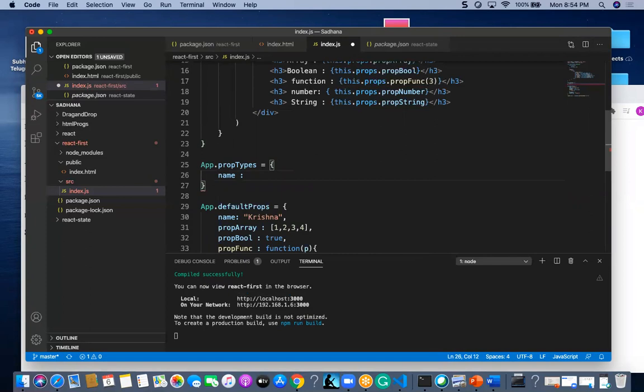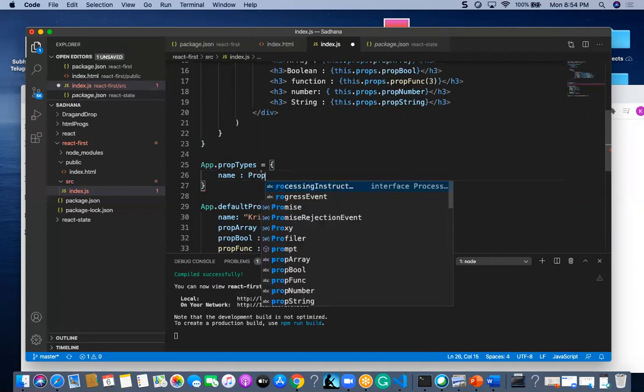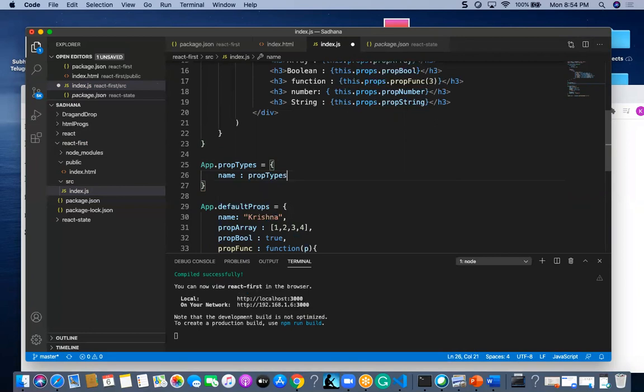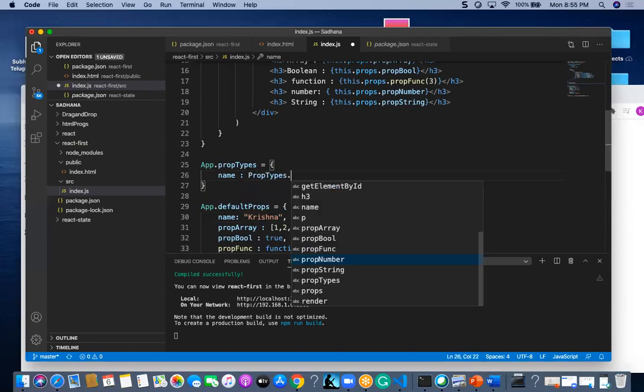One is a name, and here it is PropTypes.string. I think it is capital P here. PropTypes.string.